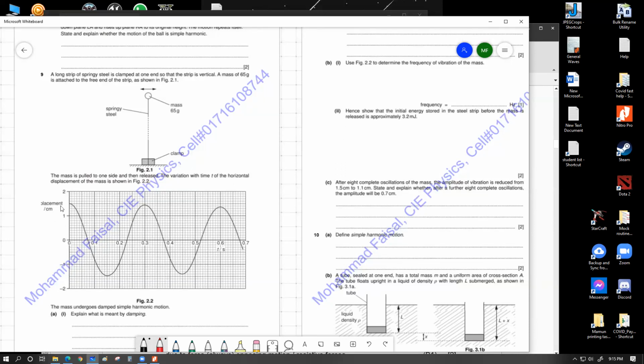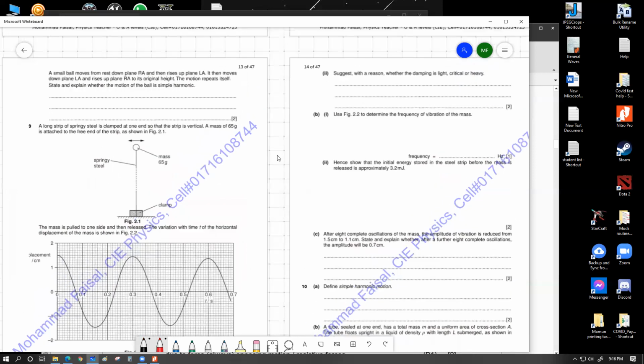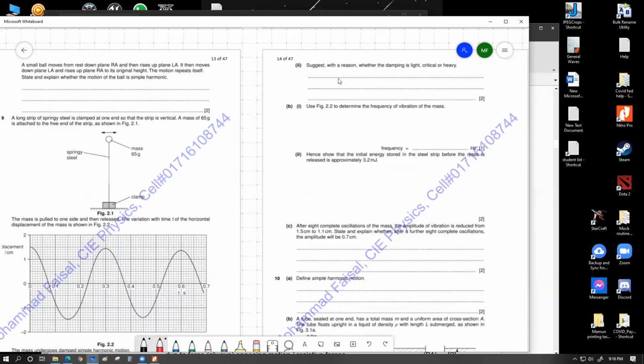What you should see is that when the motion starts, it was happening at plus 1.5 meter. This was the initial displacement. As the object slowly kept on moving, you should see that the crests are slowly losing their value. The crests and troughs are slowly becoming less, which means this is a case of under damping, because you're losing energy slowly, not at a very fast rate like critical damping or over damping. So this is under damping. The question asks whether the damping is light, critical, or heavy. So you can write it's light damping, which is basically another name for under damping.